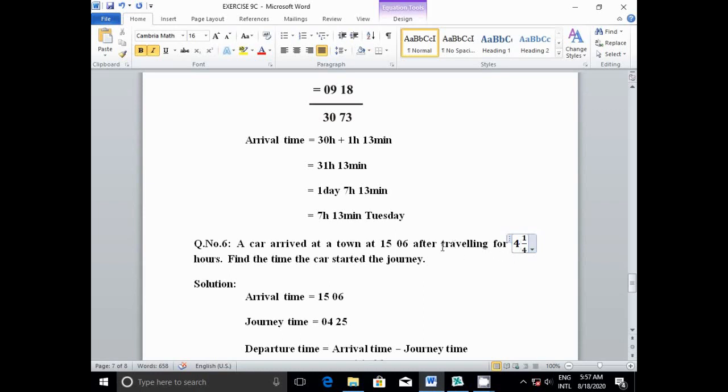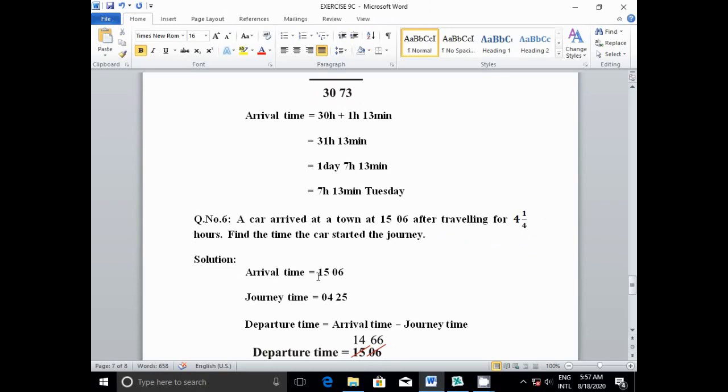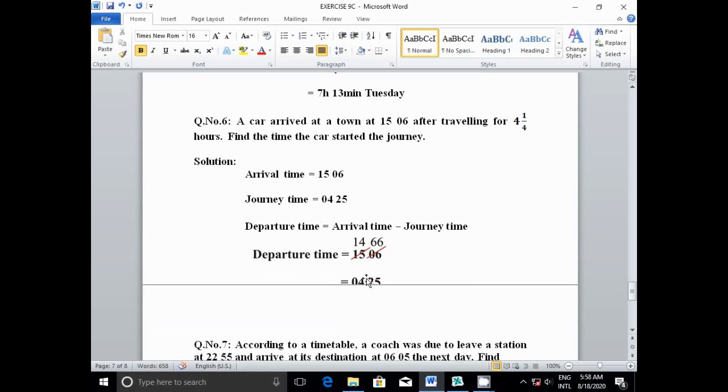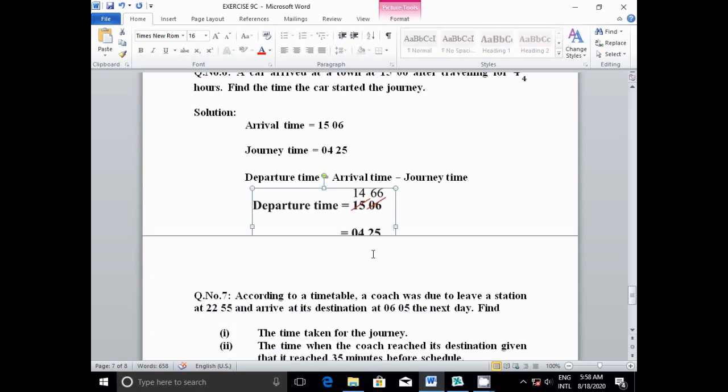Now, we have given the arrival time, which is 15 hours and 6 minutes. While the journey time, we have given 4 hours and 25 minutes. We have to find the departure time. Now, departure time can be calculated by subtracting journey time from arrival time. So, departure time equals to arrival time, which is 15 hours and 6 minutes, minus journey time, which is 4 hours and 25 minutes. If we subtract this time,